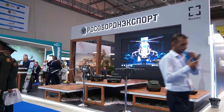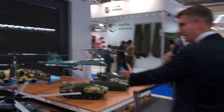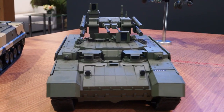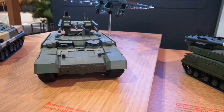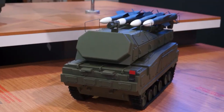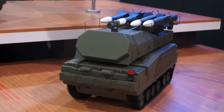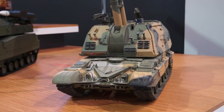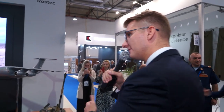Let's begin with the Land Forces assets. We'll have a look at the mock-ups of Chrysanthema S, self-propelled anti-tank missile system. The next one is BMPT, tank support combat vehicle with two A42 30mm autocannons and 4 ATGMs. Then we have Buk M2 air defense missile system and artillery systems such as upgraded Msta S self-propelled howitzer in